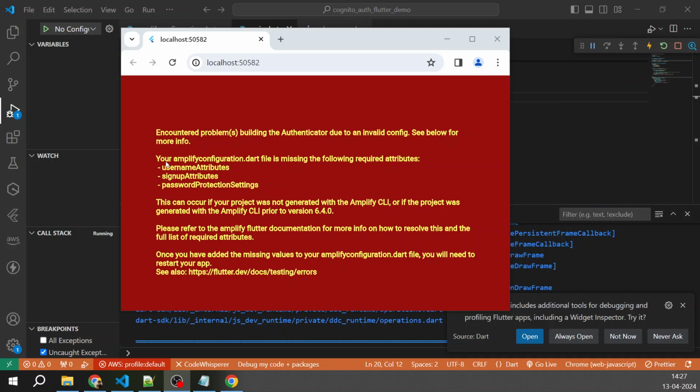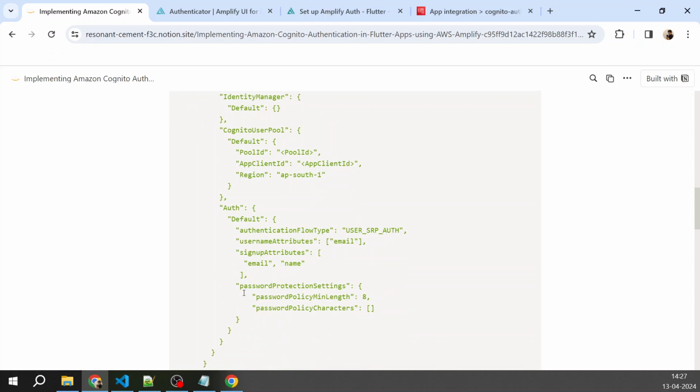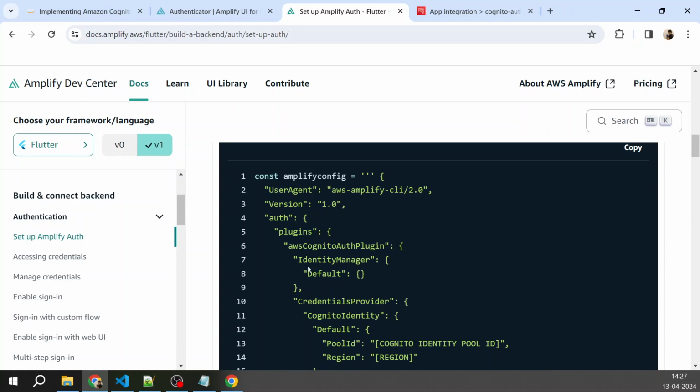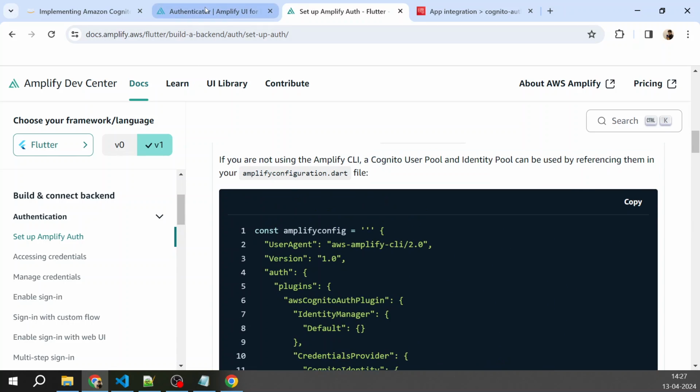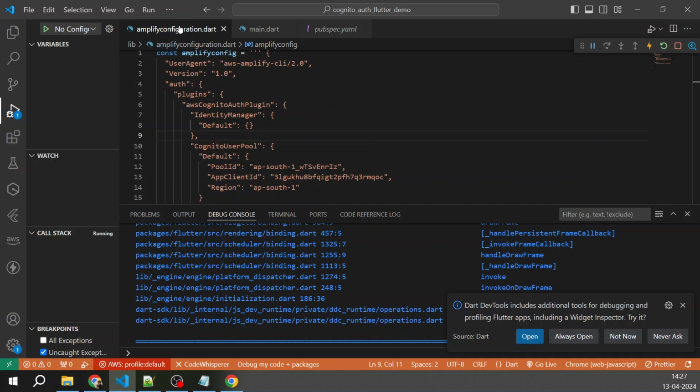there are certain errors, and if you read out the message, it says the Amplify configuration dart is missing the following required attribute, which is username, sign up attribute, password protection setting. That's why I was talking about the one that I have mentioned here. So you won't find these three attributes on this particular page. So this Amplify configuration dart doesn't have those attributes. So what you will need to do, you just need to copy these three attributes and update your Amplify configuration